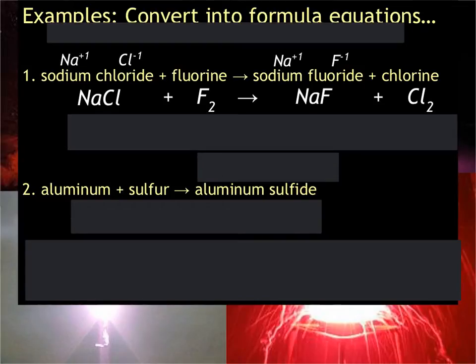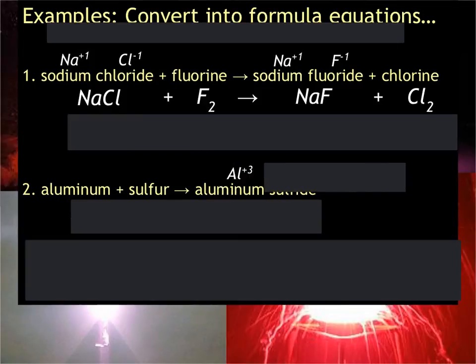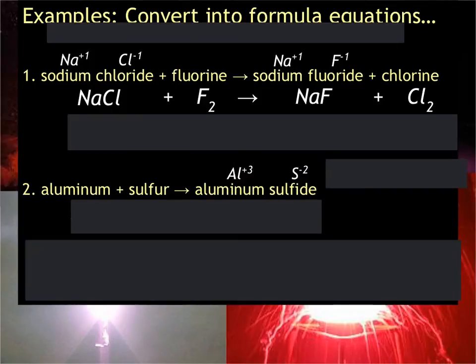Let's take a look at the next one, which is aluminum plus sulfur will yield aluminum sulfide. The first thing I need to do is look for where I'll have charges. Aluminum sulfide is a compound, so it will need to be balanced. Aluminum, if you look on your periodic table, you'll see that it has a +3 charge. Sulfide will have a -2 charge. So when I'm putting this together into a symbol equation,